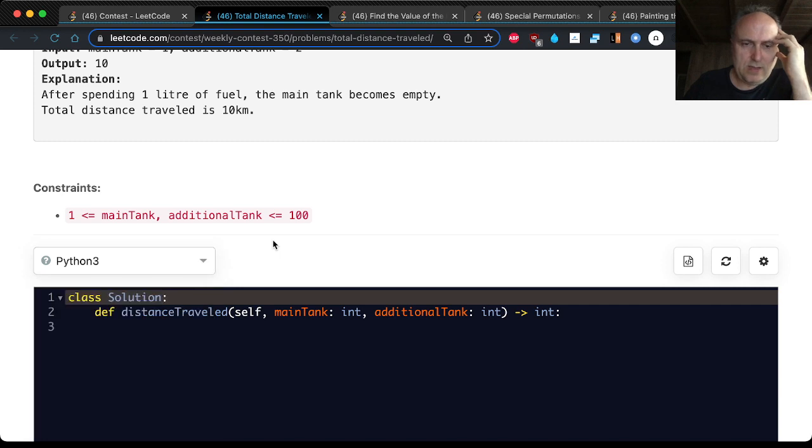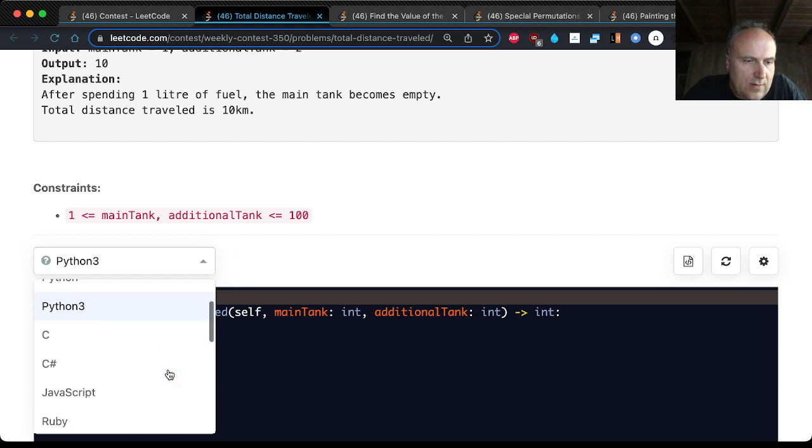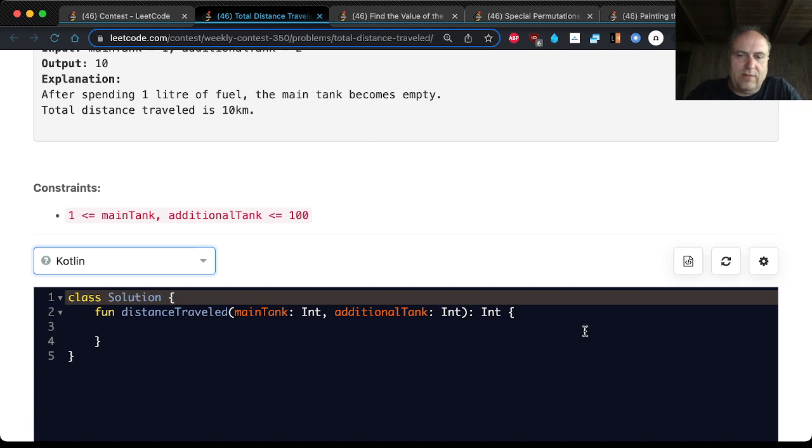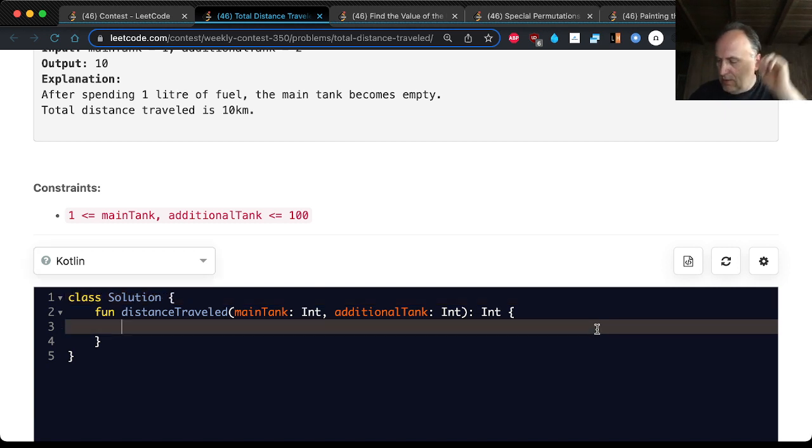And I mean, I guess I can do it in Python. I mean, I'll do it in Kotlin first. More used to stuff. I'll do it in Python later. Okay, so